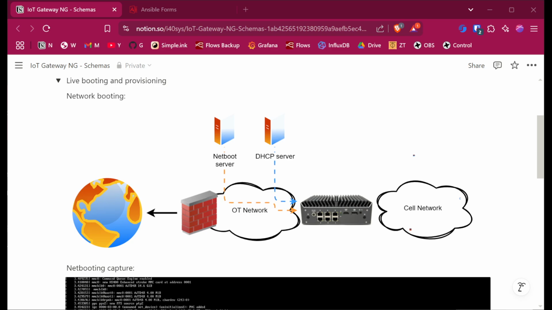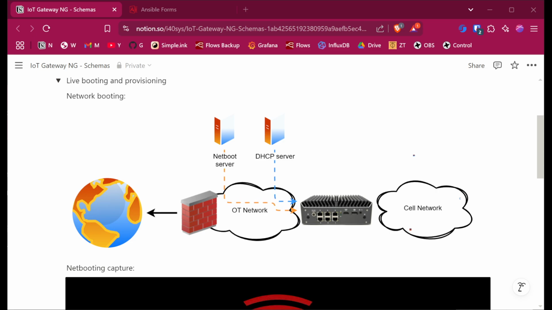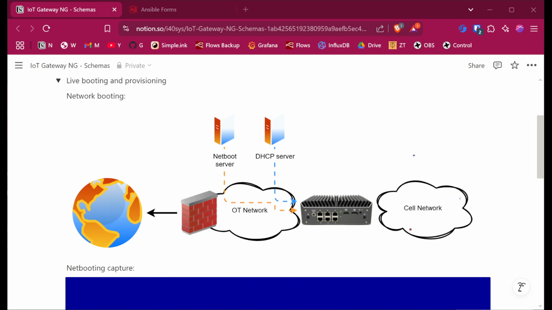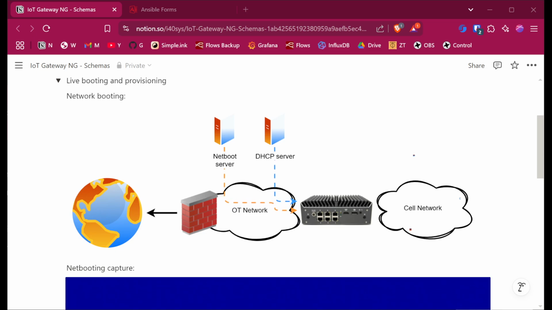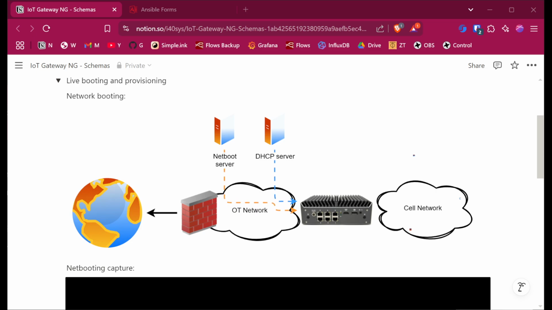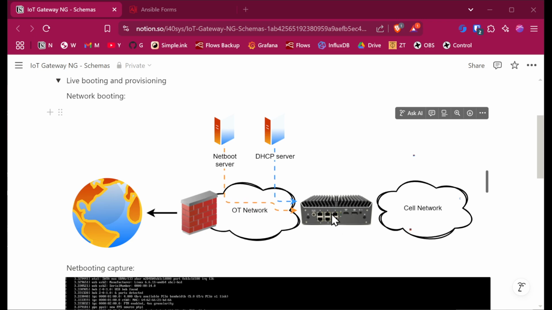In this video, we will describe the live booting, also understood as network booting. So we have a brand new, out-of-the-shelf device, completely blank, nothing installed. Then what we do, as you can see in the schema, is, thanks to the DHCP server configuration, the netboot server is provisioned